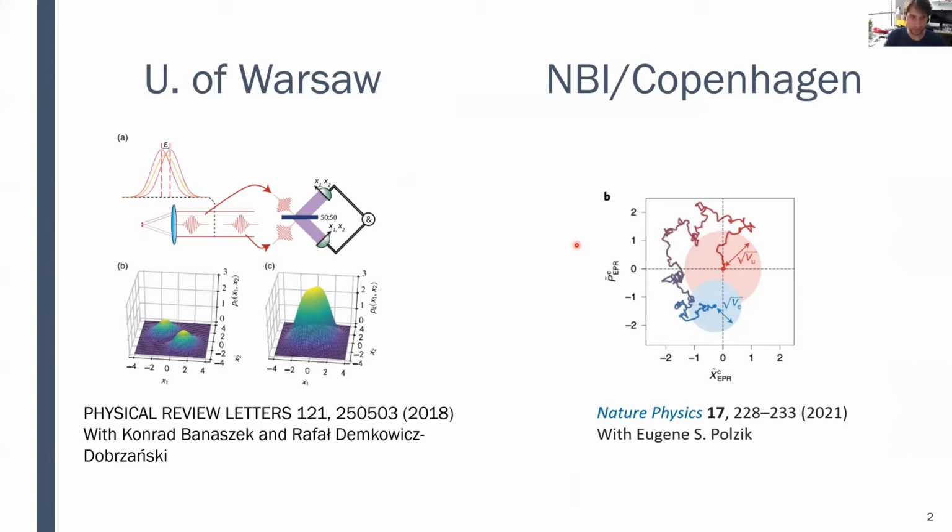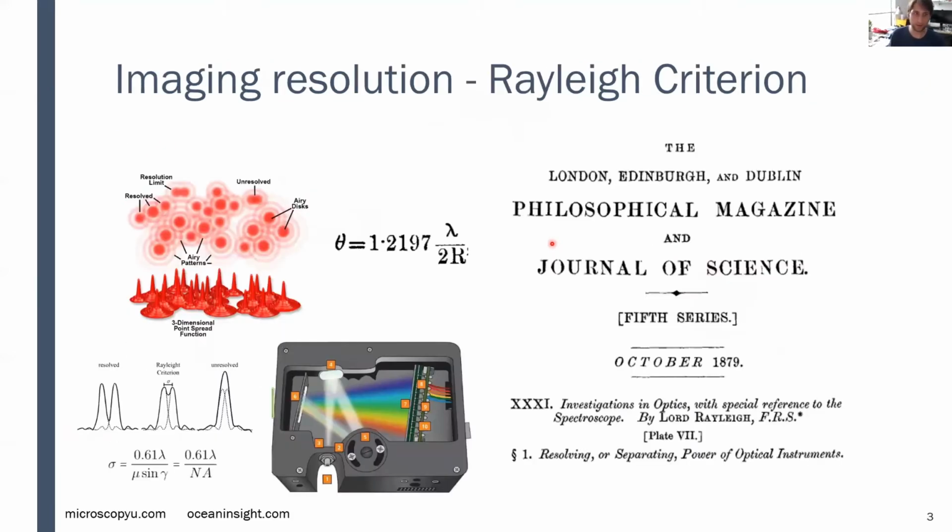And in particular, we have presented a protocol in which we can achieve super resolution in distinguishing 2 point sources using Hong-Ou-Mandel interference. And more recently, I've been also involved as a postdoc at the University of Copenhagen, working on entanglement and quantum metrology in other terms. However, in Warsaw now, we are concentrating on trying to beat the Rayleigh limit.